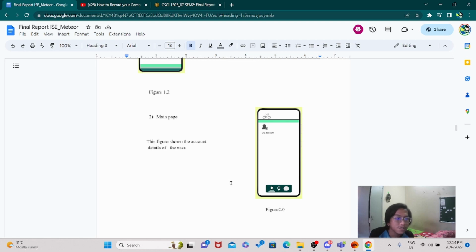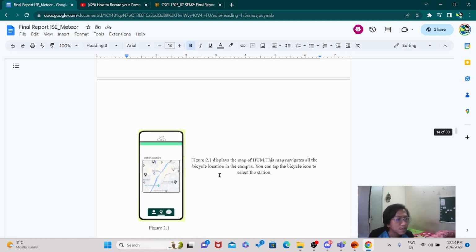The first page of the main page shows the account and the details of the user, and then you can change to the page that displays the map of IIM. This map navigates all the bicycle stations of the campus, and you can tap the bicycle icon on this map to select the station.